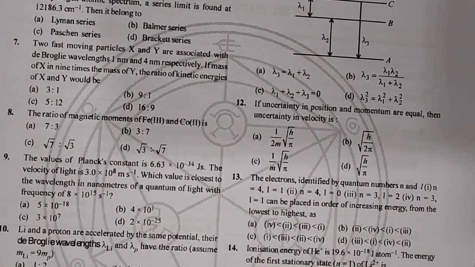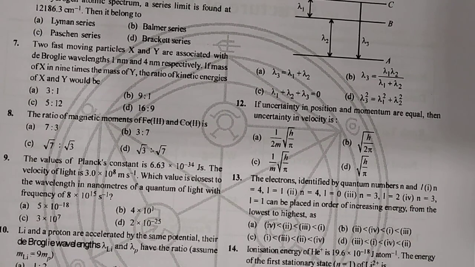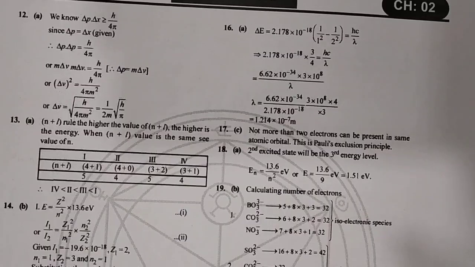12th, straight away numerical, बहुत ही easy. If the uncertainty in position and momentum are equal, then the uncertainty in velocity is. Heisenberg uncertainty principle: delta P into delta X greater than or equal to h upon 4 pi. Now delta P is equal to delta X. Then